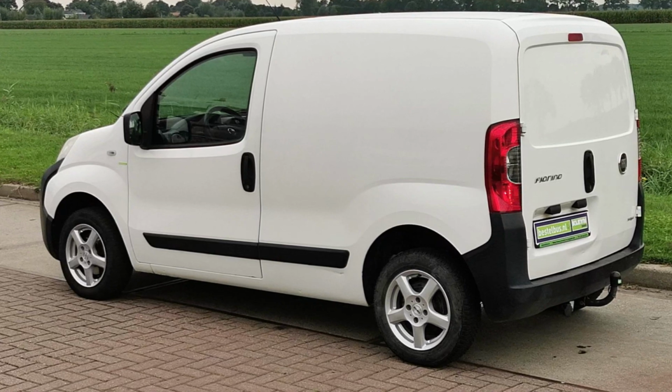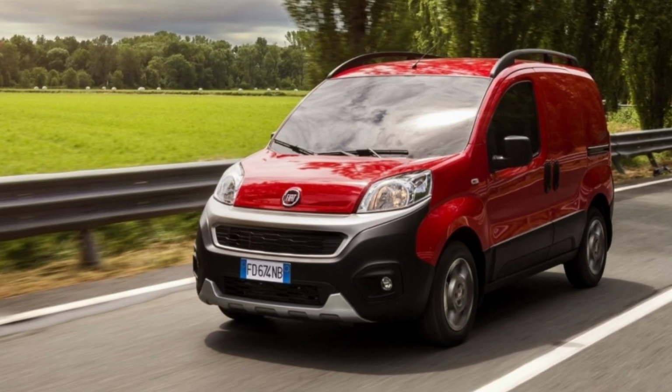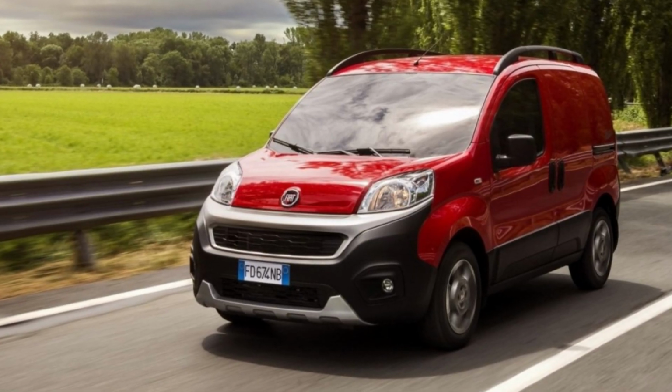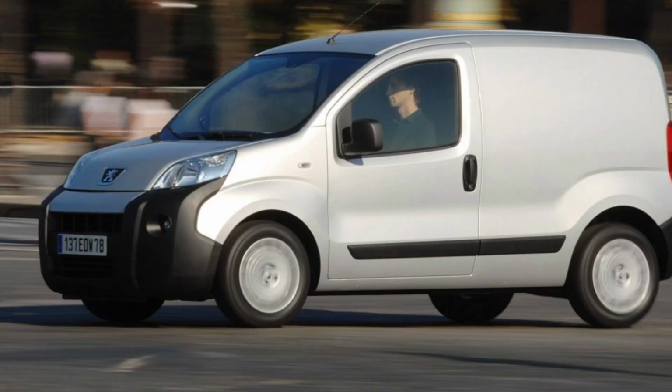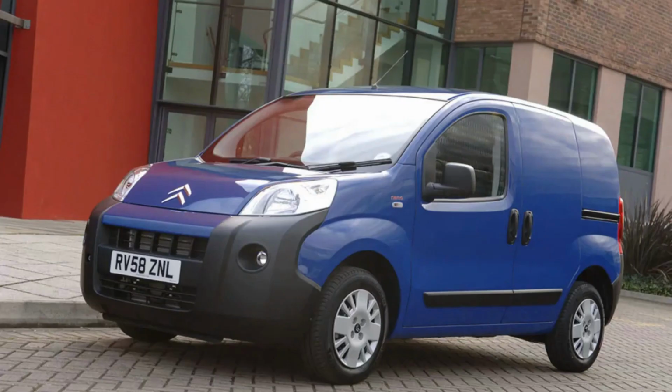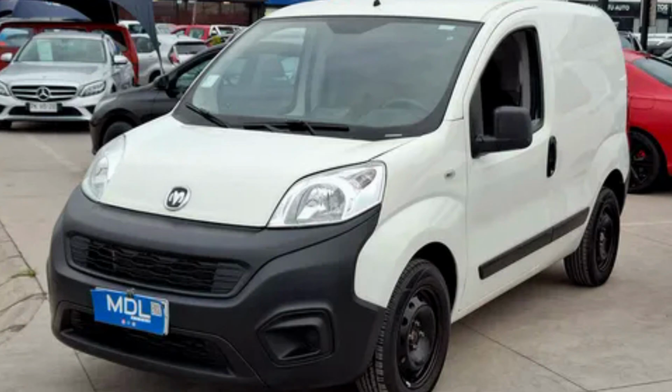The Fiat Fiorino was manufactured in Turkey between 2007 and 2024 with just several minor facelifts and upgrades. This was a very popular vehicle that was also made as Peugeot Bipper, Citroën Nemo, Fiat Qubo and even Ram V700 in Chile. And in this video I will mainly focus on the common problems and faults, so you may